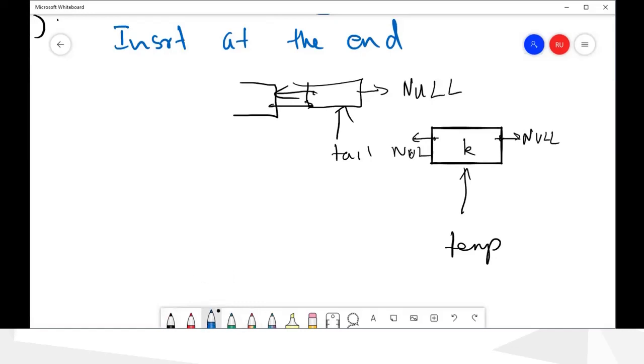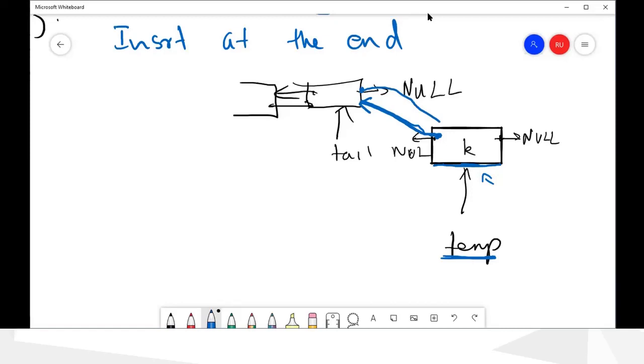Now first, using temp we can access this node, and then we can use this pointer and point it to this one, because when we insert this node, this one will be the last node.